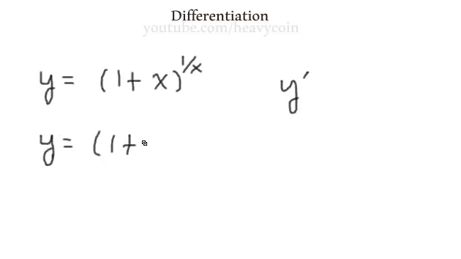1 plus x. Now I'm going to rewrite this exponent up here as x to the negative 1, right? So if we take this x and take it into the numerator, the exponent becomes negative 1. Okay, now let's take the derivative. So treat this like it's a number. So we're going to take the derivative of x